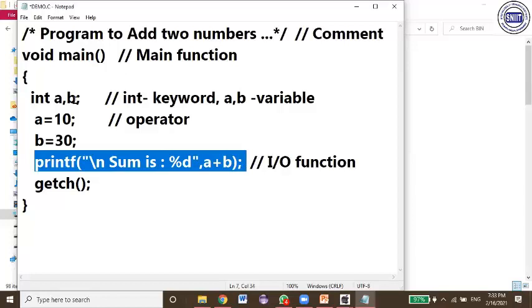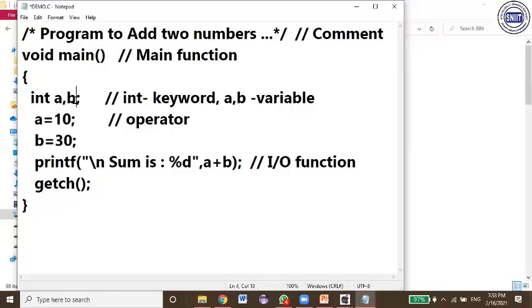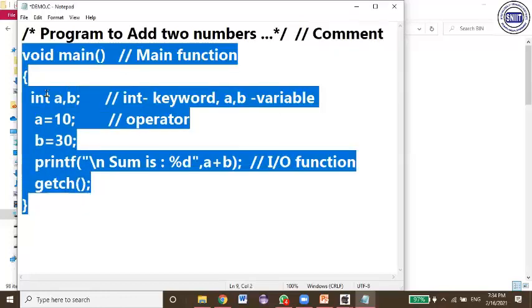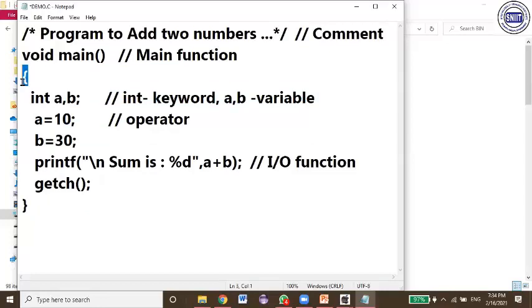Now to write a small program, how many concepts do you need to know? First of all, we need to know what the comment lines are and what the structure of the program is. How to start? If you remove any one of the brackets, the structure will collapse. That structure must be there. While writing a program, the structure must be followed. Here, first of all, we should take the main function followed by the block statement. Means from here onwards, whatever statements we are giving up to this end are under the control of this main block. That structure must be understood.